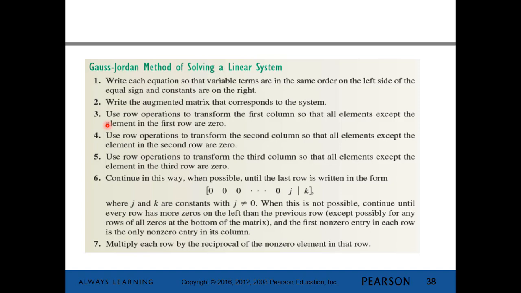Okay? And that the first element of the first row is a 1. And then 4 is we're going to use the elementary row operations to transform the second column so that all of the elements except the element in the second row are 0, and that element in the second row is 1. And then 5, we're going to use the row operations for the third column to do the same thing. We're going to make all of the elements in the third column 0, except for the element in the third row. And we're going to keep doing this over and over again until we reach the last row,